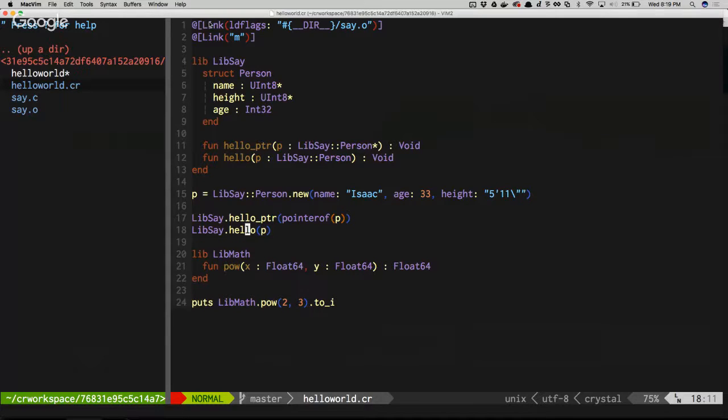So that's actually pretty useful in the case that you have a lot of C code that you need to use and you don't want to rewrite it in anything, because that would take time. And there is an experimental project that I think is actually part of the Crystal core right now that will do its best to look at a .h file and write all this code for you.